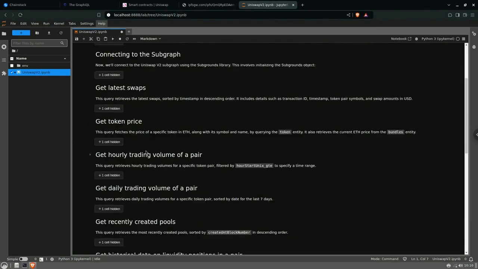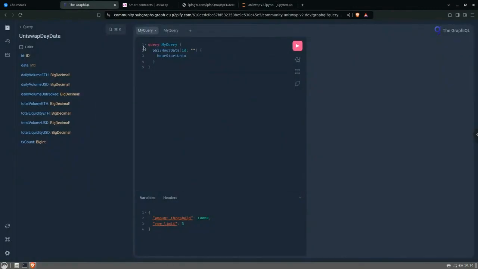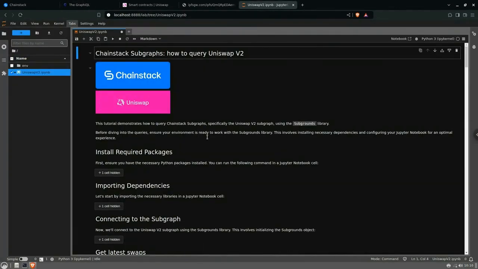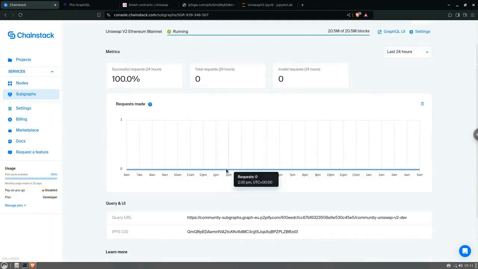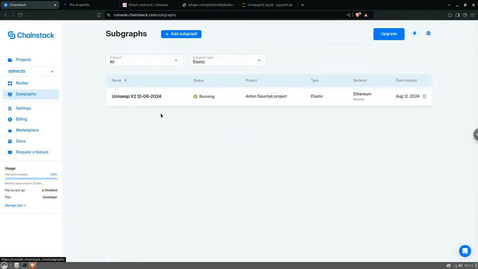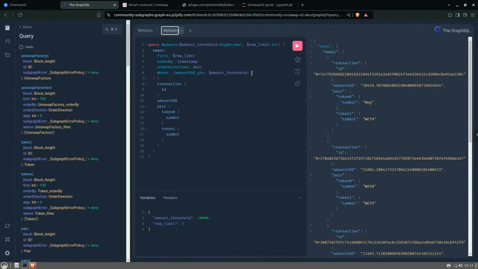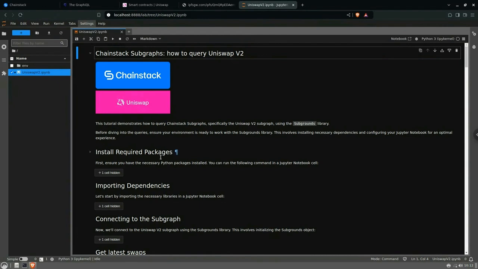Okay, that's it. We explored the Uniswap V2 subgraph by Chainstack, and you saw that it's very convenient for data analysis and performing different queries. You can do that in a few seconds. Just go to subgraphs, add subgraph, and you will create a new instance which you can query and do whatever you want using the graphical interface here. So it's a convenient tool for quick analysis or quick testing of your queries, or you can use some packages,